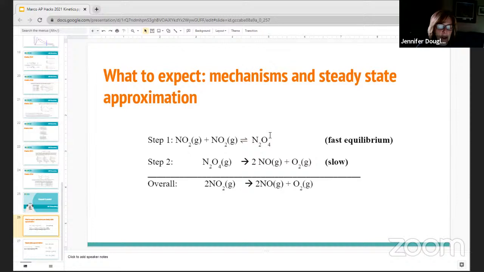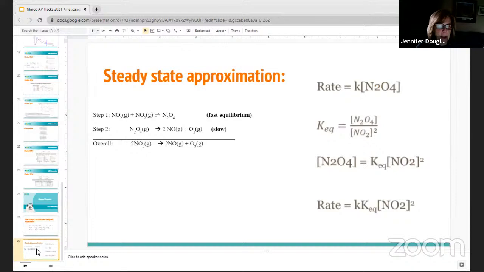But if it's an intermediate, you're not supposed to have intermediates in your rate law. So you've got to get rid of it. And the way that you're going to do it is this thing called steady state approximation. Again, it doesn't come up that often. So if this is kind of freaking you out, skip it. It's not going to be that big of a portion on the exam. But if you want to try and pick up one more point,